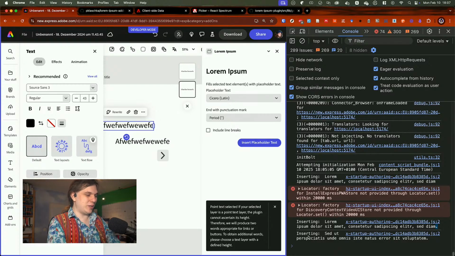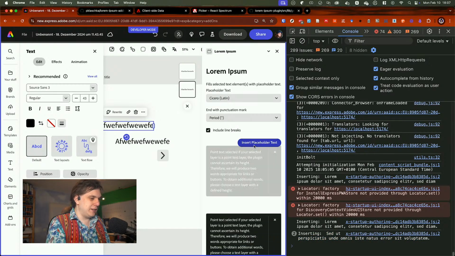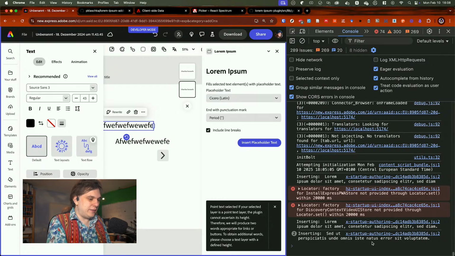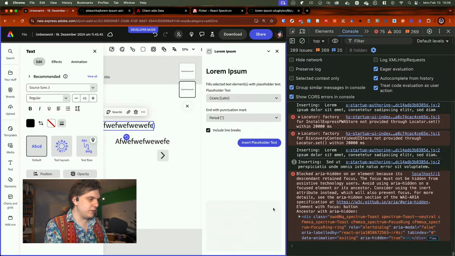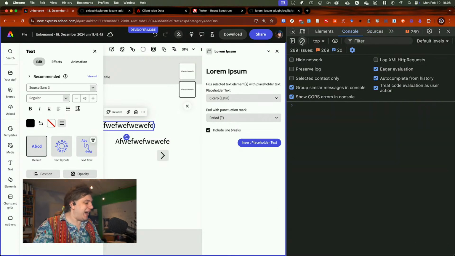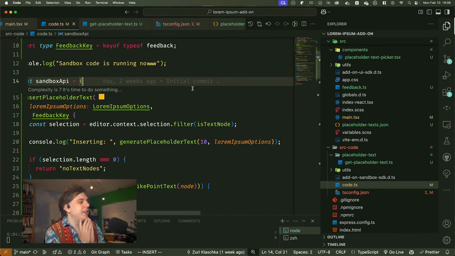So be it, but now we still see, hey, this works. Of course, it doesn't have line breaks with 10 words. That's just not how things work, but yeah, that's totally fine. And with that, let's actually look into inserting this